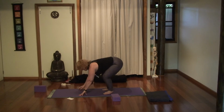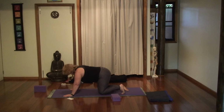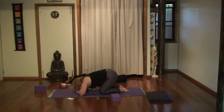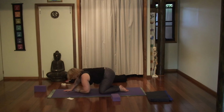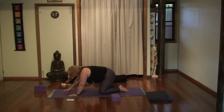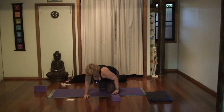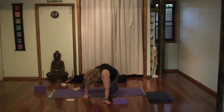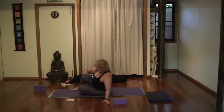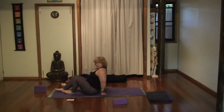And then easing down. Best bit is now, I'm going to come all the way to the floor and have a rest. You could lie on your stomach. You could come into child. Whatever works. And maybe release those wrists if you did do the weight bearing also. Now we'll be coming over onto our backs for bridge pose. So if you can lie down,